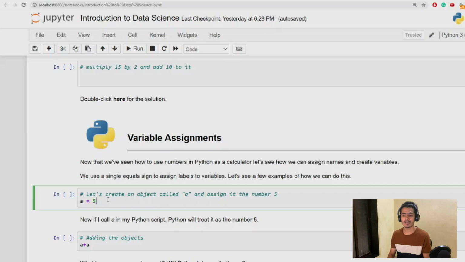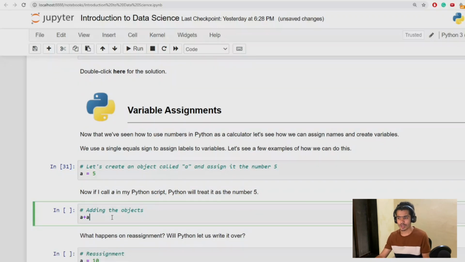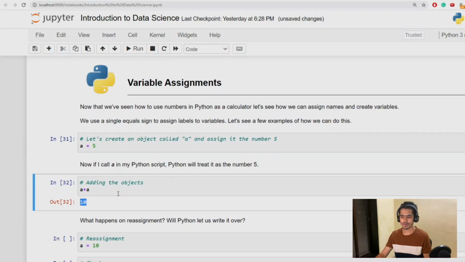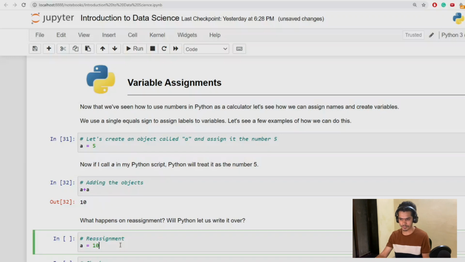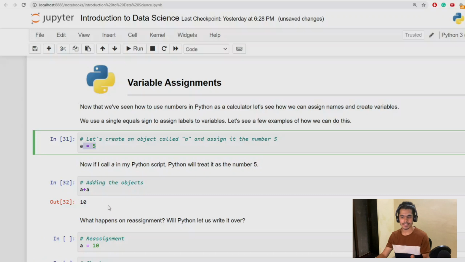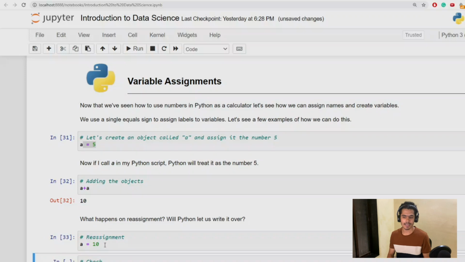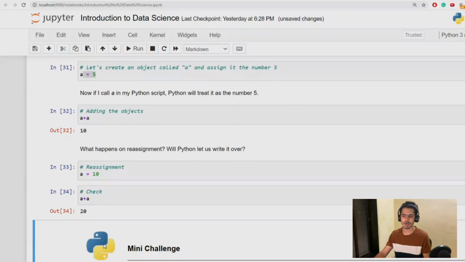Now we are assigning A is equal to 5, so the value of A will be 5 right now. Now I can treat this variable and call it whenever I want. If I just want to add A 2 times, then I'll get 10. I can even override this value with a new value. If I reassign A is equal to 10, this 5 value will get eliminated and the new 10 value will be assigned to A,